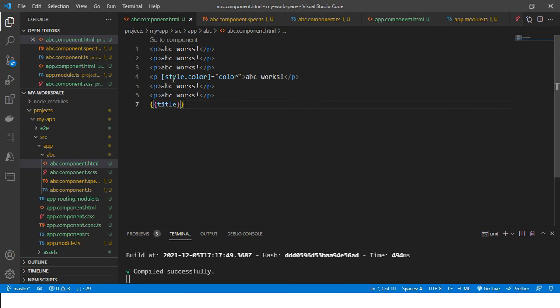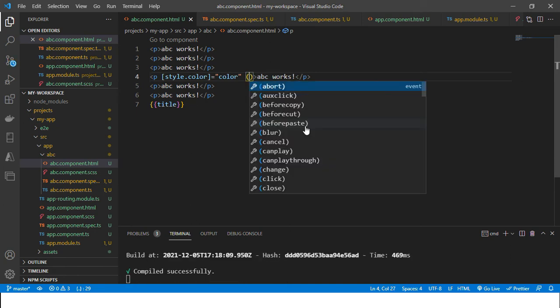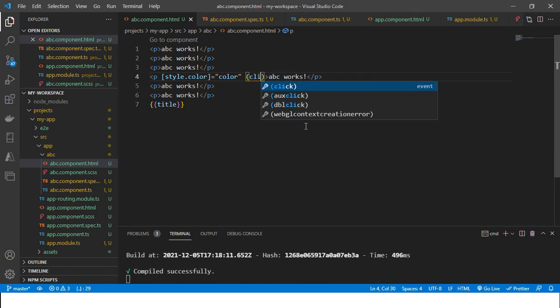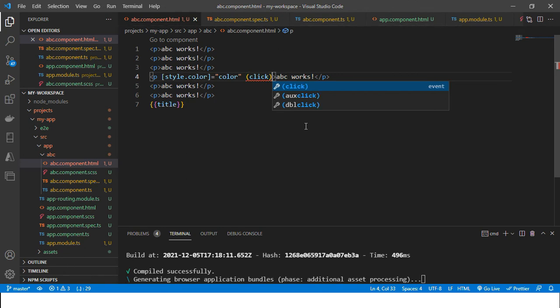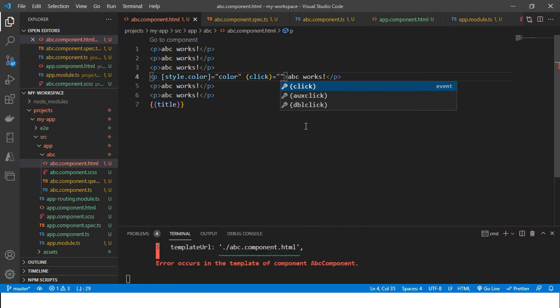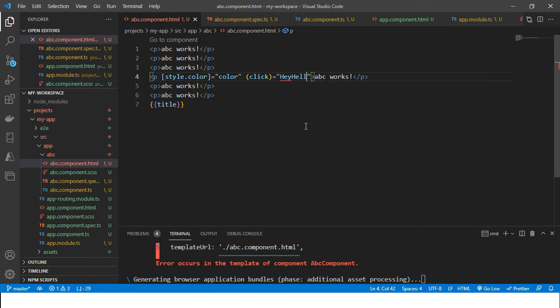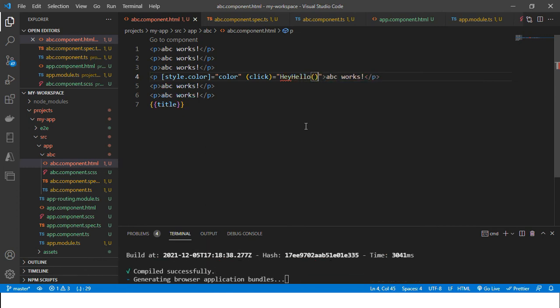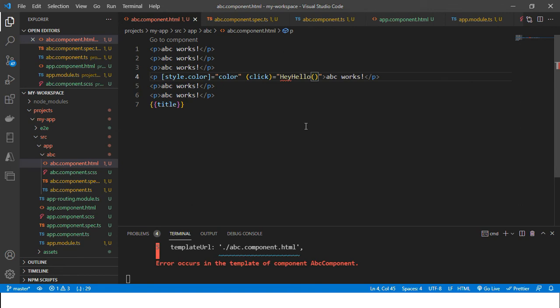When we click this red color paragraph, some event listener will listen for the user interaction, for the user action. So here I will use the hello method as an event listener.